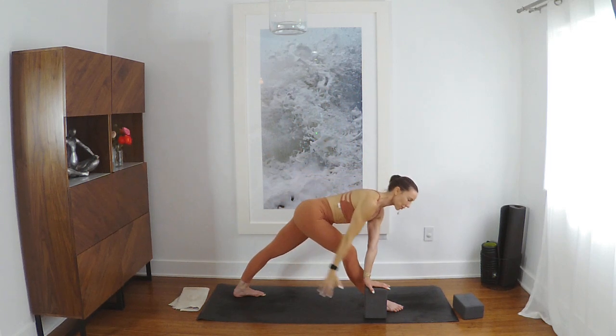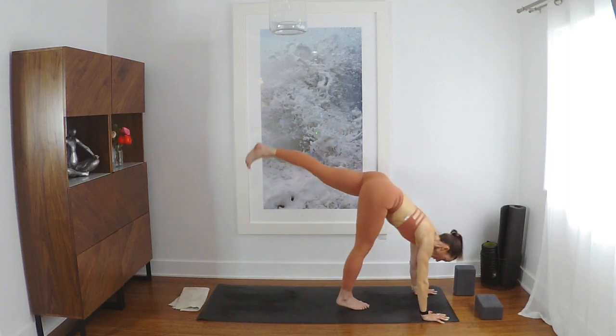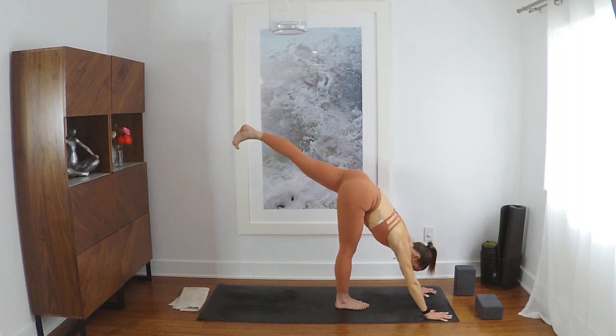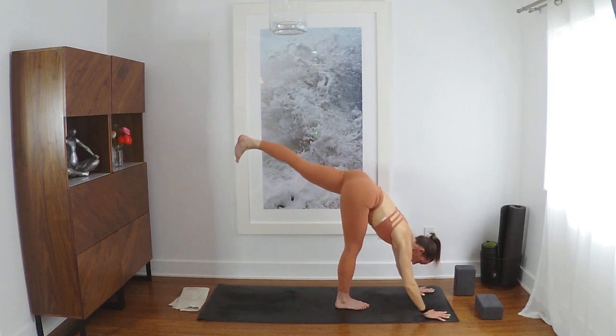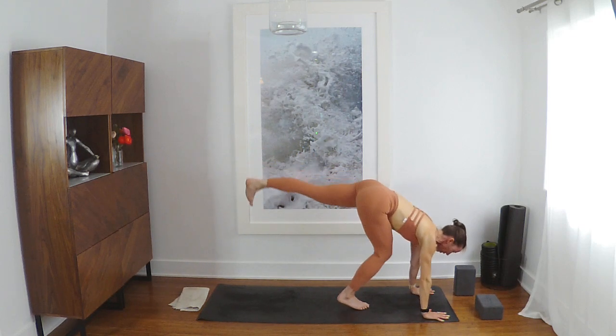Release the arms around. Standing splits. Just push off the back foot, come forward. As always, this is beautiful, and I always give this option, standing splits, because I feel like it's a natural option to take. But if you'd like to go into handstands now or just work on the prep of it,